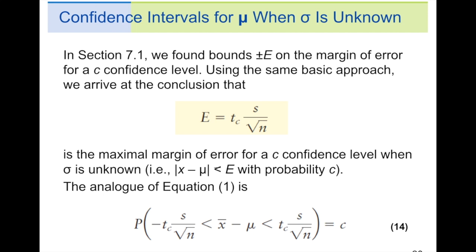The analog of equation 1 is the probability that x bar minus mu is between negative t sub c times s over the square root of n and positive t sub c times s over the square root of n